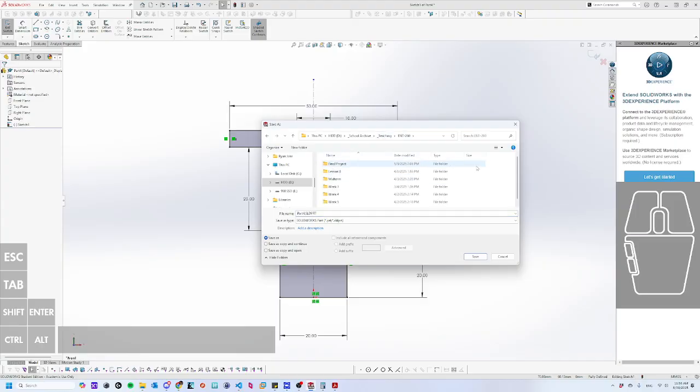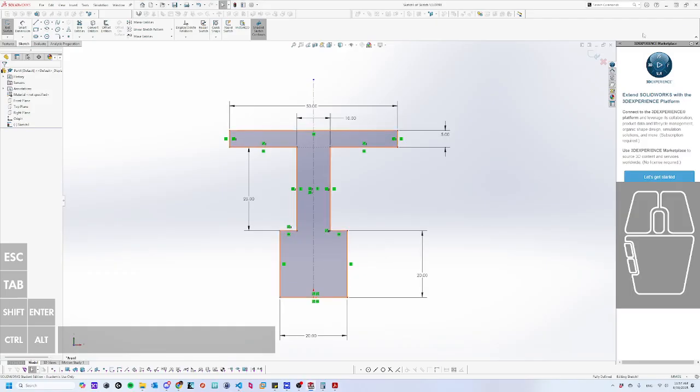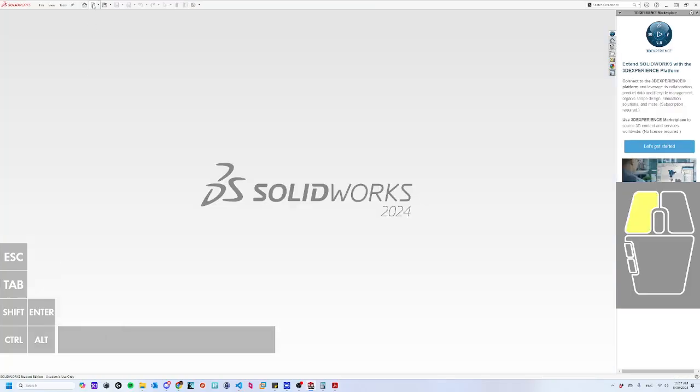Let's see, ET260. Let's make semester 2. And so I'm making sure to save just so I can access it later. Make a new folder, week 1, and in that we'll call this sketch 1 solid part. Okay, so I'm going to exit out of this drawing, and I'm going to hit new part,